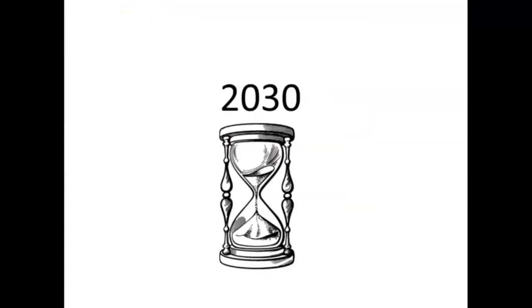According to the Intergovernmental Panel on Climate Change, which is the planet's leading authoritative science group on climate change, the world's carbon emissions have to fall by 45% by the year 2030 to keep the world's average temperatures from rising more than 1.5 degrees Celsius above pre-industrial levels. Thus, we have less than 10 years to institute some significant changes in how we power our economies and how we live.